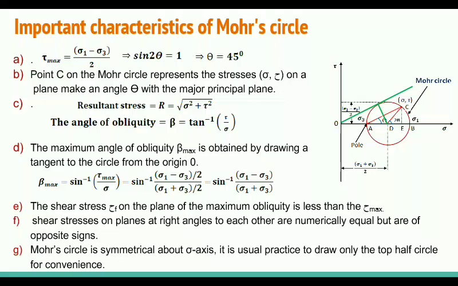In the coming lectures we will discuss shear strength, the Coulomb theory and modified Coulomb theory, and many tests, such as the triaxial test and the vane shear test. Whenever we have to draw too many circles, we cannot draw a full circle. For convenience, we generally draw the top half portion, because we work on the top half only. So it's very convenient to draw half of this circle.